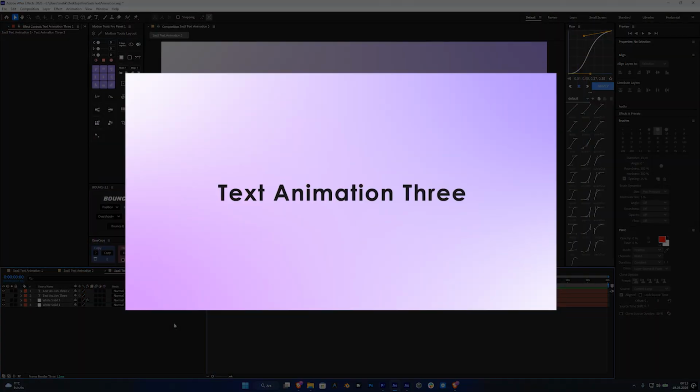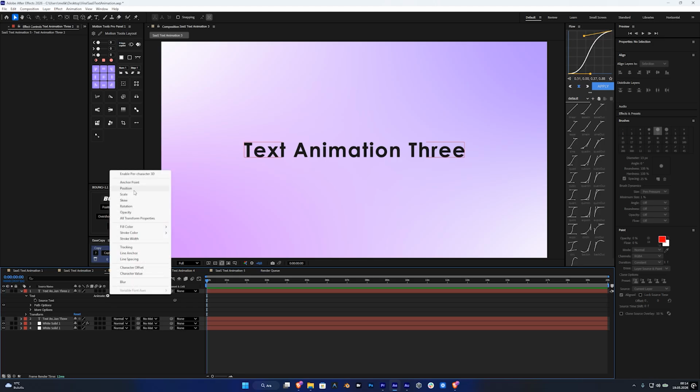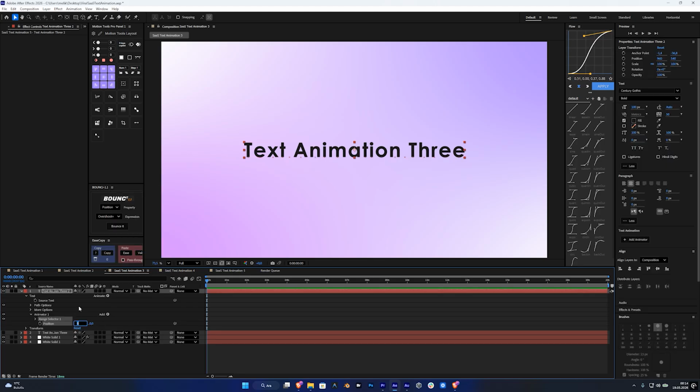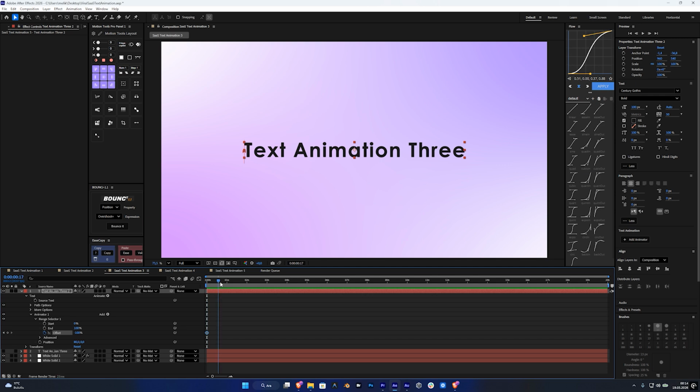Now we have style 3. Alright, first open up the text layer and click this little icon. Add position, set this position value 80 but horizontal way. And open range selector, set offset value 0, add keyframe, move forward in the timeline, set 100 offset value, open up advanced